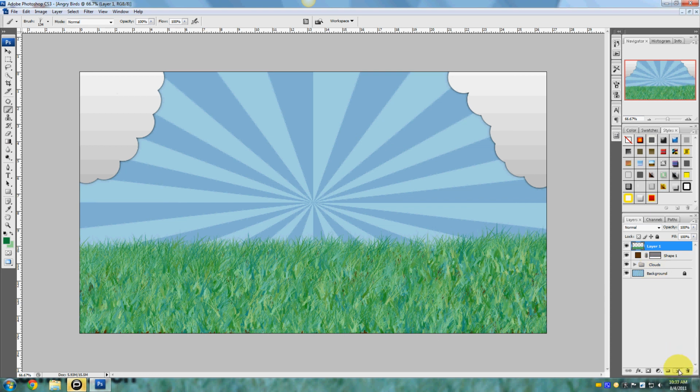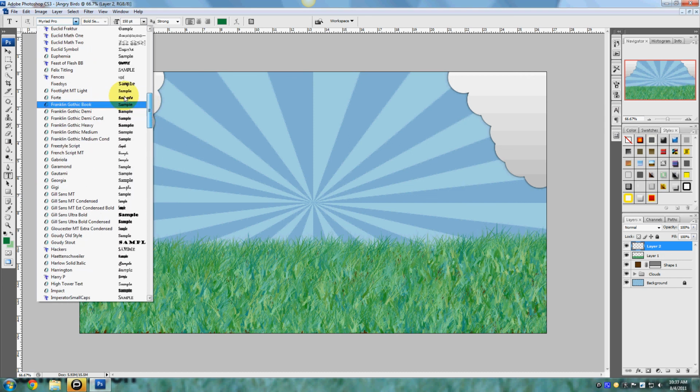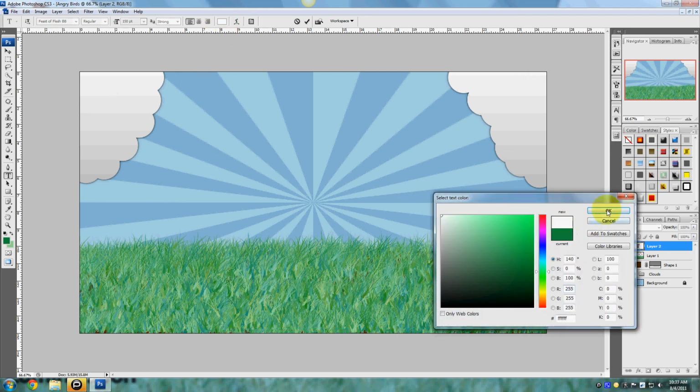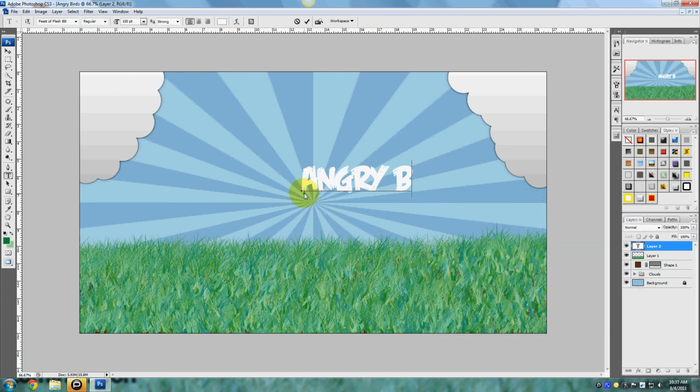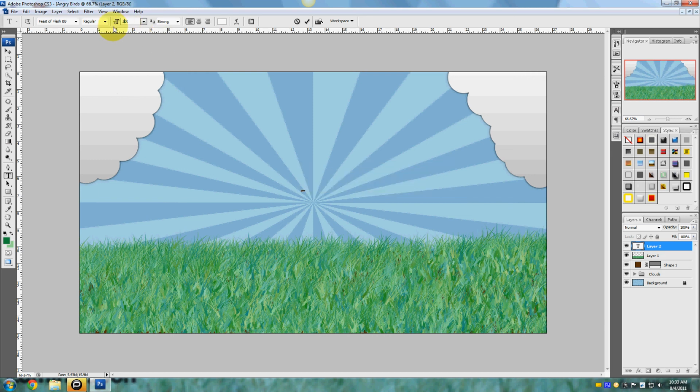I am now going to create a new layer, and let's put in some text. If you go to dafont.com, you're going to find a font that is called Feast of Flesh BB, or you can go to myfonts.com and find Feast of Flesh BB. And I'm going to change the color to white. I'm going to type in Angry Birds, change the font size to around 300,